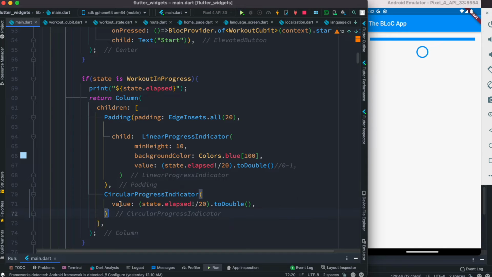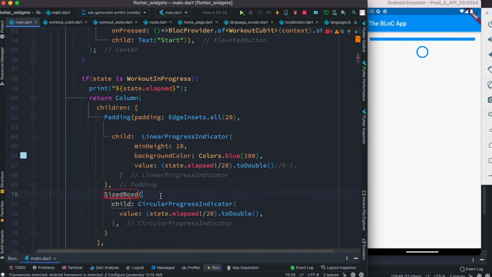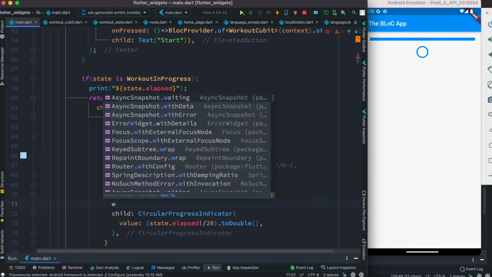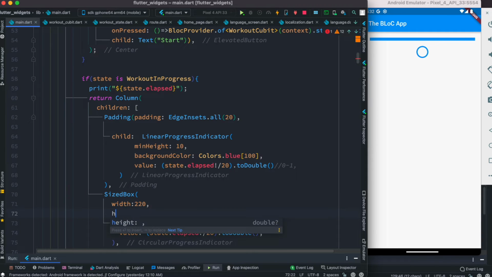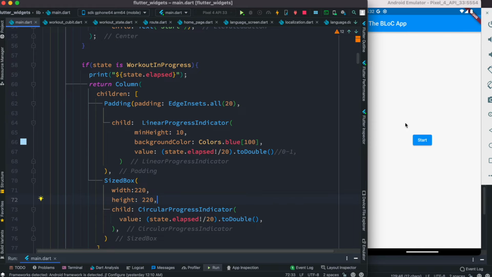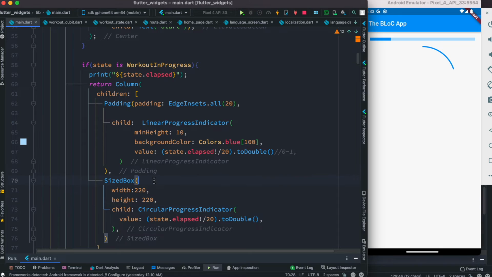Now we're gonna wrap this using another widget, and we'll call it SizedBox. So SizedBox, and we're gonna give it width and height over here. So with that, it became much bigger. Now we want to show the text, this progress bar, and an image together